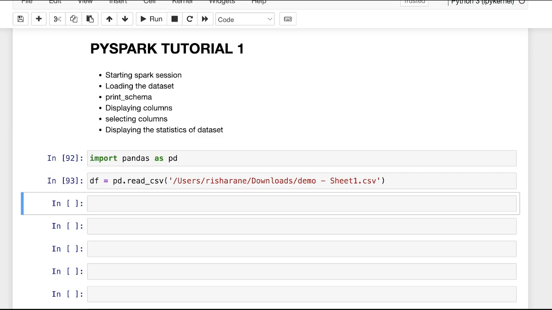Now when using PySpark, you do something slightly different. In PySpark, first you need to start the PySpark session, and after starting the session, then you can load the dataset. Also at the end, you need to stop the Spark session as well. Now this Spark session actually acts as a single cluster. We'll talk about this more in the upcoming later videos. Now for this video, when you want to load the dataset using PySpark, first you need to start the PySpark session. So first you will import the PySpark.